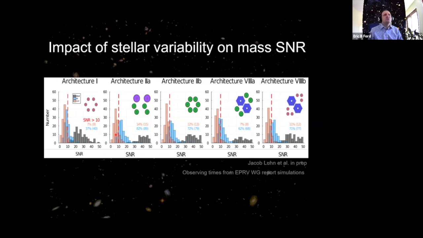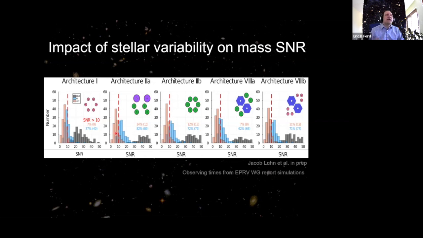And the red assumes we make basically no further progress, that the methods we have now for removing stellar variability are as good as we do. There's correlated noise that remains, and you can see what happens there. It makes a dramatic hit if you keep this signal to noise of 10. It really reduces what you find. Some people think that for purposes of characterizing planet atmospheres, a signal to noise of 5 is sufficient. We're imagining this being in complement with transits or direct imaging, so you don't need to worry so much about false positives. You're interested in how well you measure the mass.